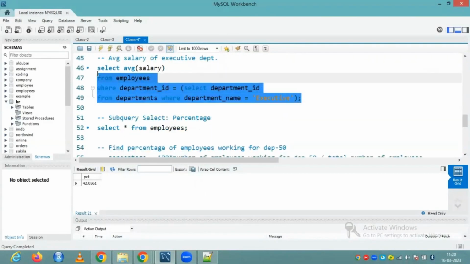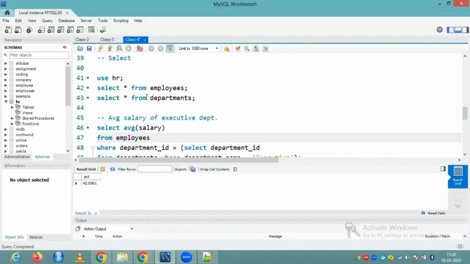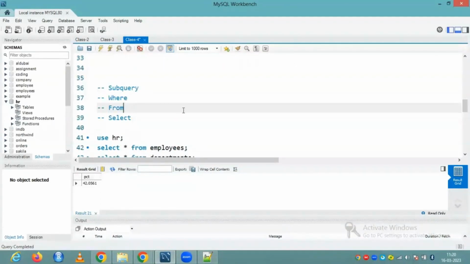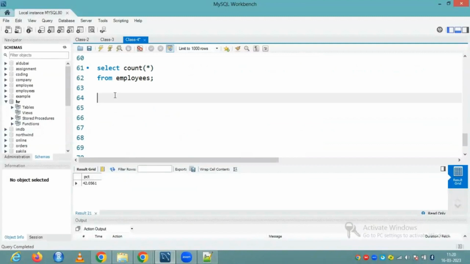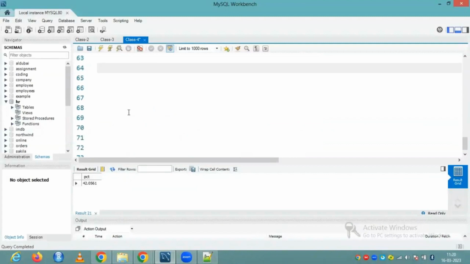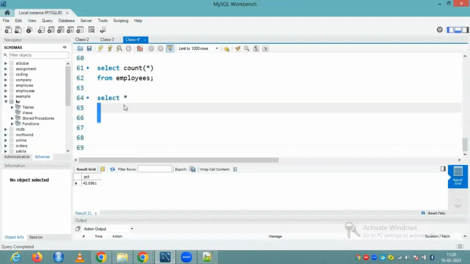This is how we can use a select query in where clause. But how can we use a subquery in from? So let's understand it with one example. How to use it with from. Again, let's go back to the employees table. So select star from employees,